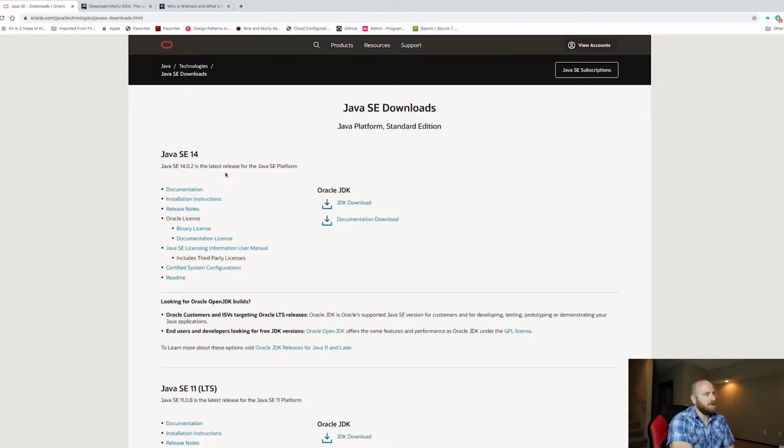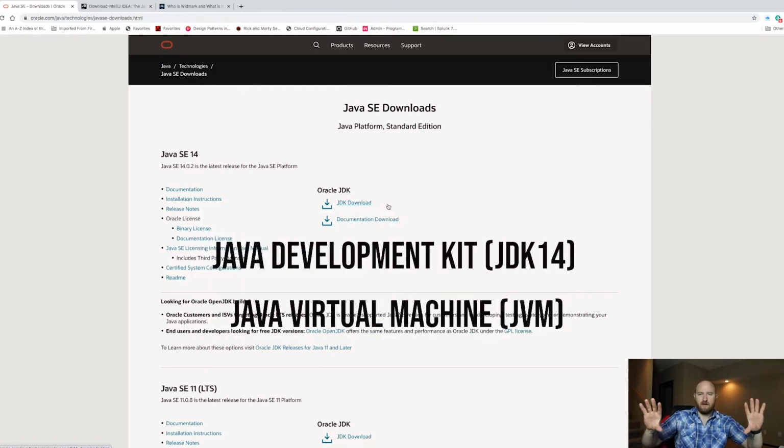What you're going to need here is the Java 14 Standard Edition. You'll download the JDK, or the Java Development Kit. You should have a JVM. If you've got Java installed on your computer, you probably already have the JVM. But if not, you'll need to install that. I'll put those words right here. All right. So once you have all that,